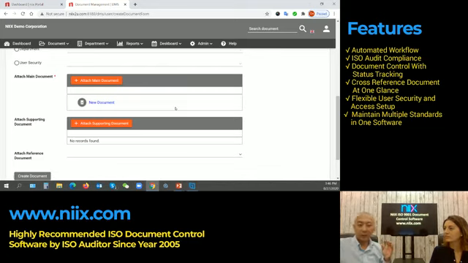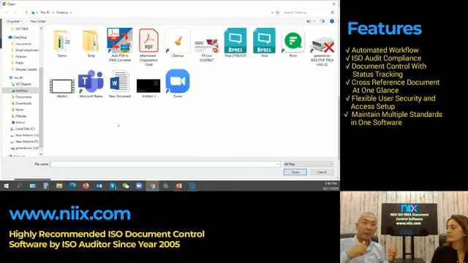Okay. And then if you have any supporting document in your ISO procedure or ISO manual, you can attach it. They can be in Word, Excel, PowerPoint, or any file format, even video or audio, to make it much easier for your colleagues to understand the procedure itself. If you are able to include video clips on how to carry out a task, and so on and so forth.